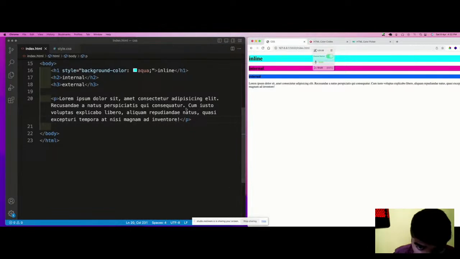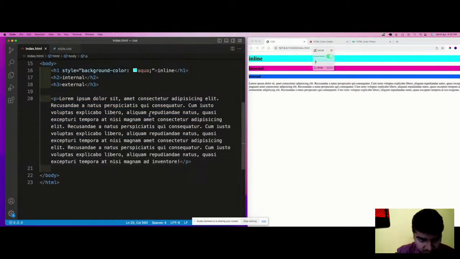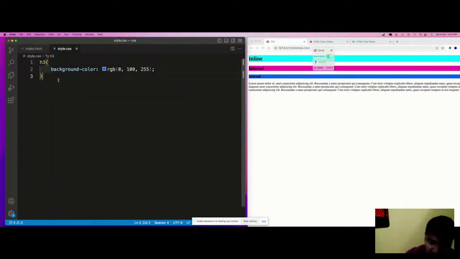Let me have another, a big one. Now, what is happening here currently? We have a paragraph and we are looking to style it.